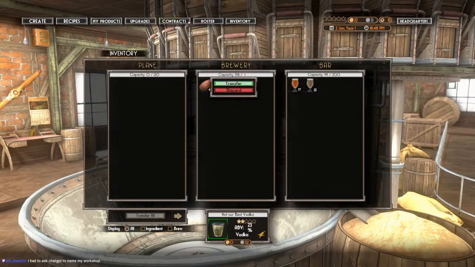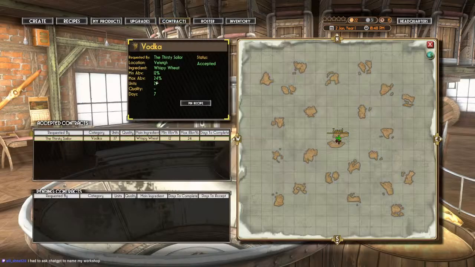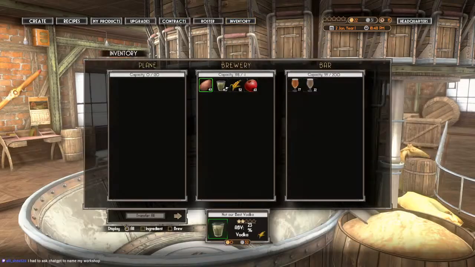Alright. We needed... How many? He needs 27. So I'm going to put... Let's see. 27 minus 40. That would be 17, I think. So transfer...